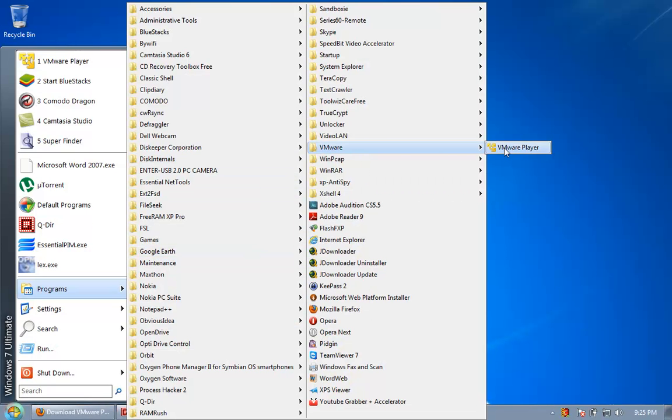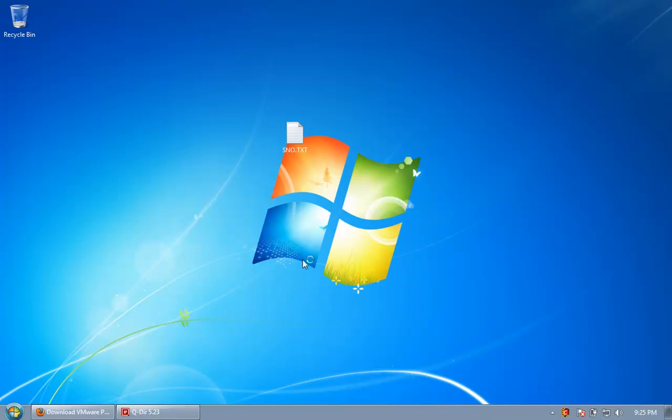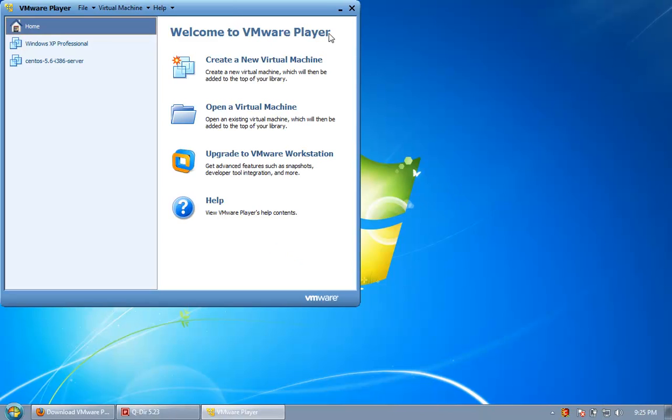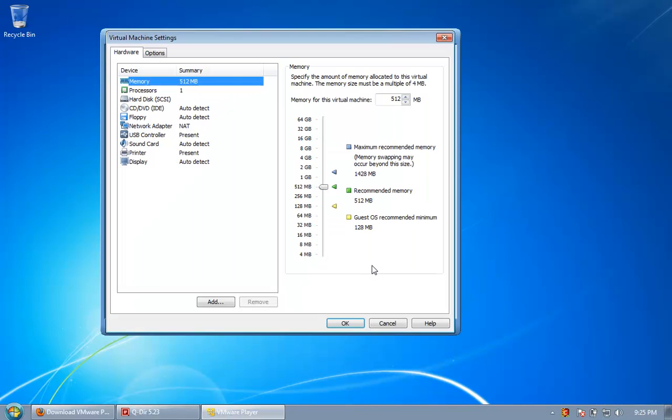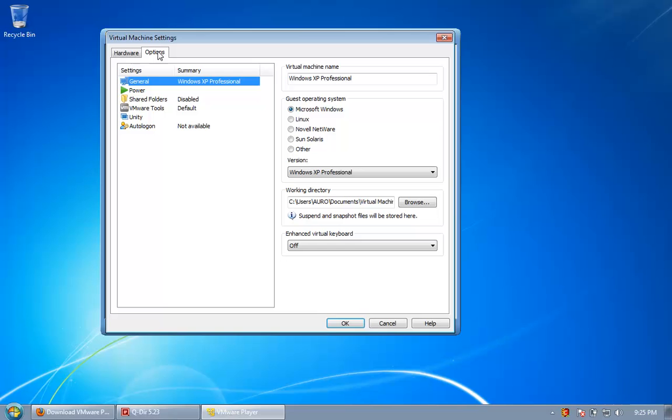Now simply go back to the VMware Player again. Choose the virtual machine which we created. Click on Edit Virtual Machine Settings. From here you can choose to vary the RAM or the system memory allocated for your virtual machine. Just move the slider and that would be it. For our virtual machine we have selected 512 MB exclusively allotted for it. So just go to options,